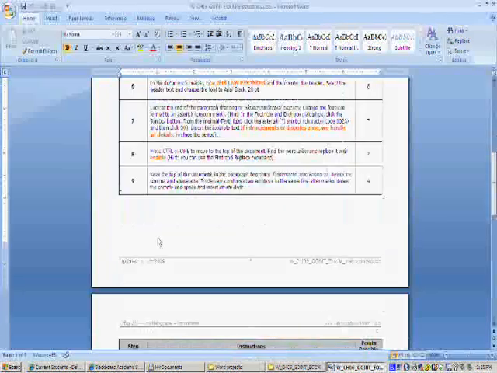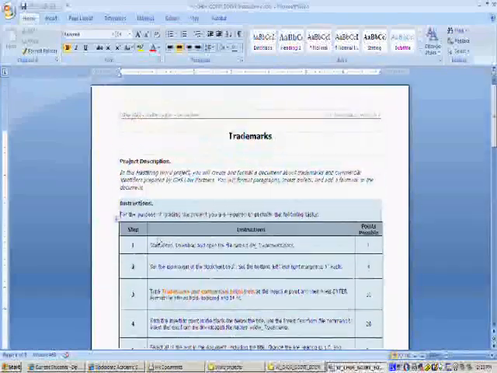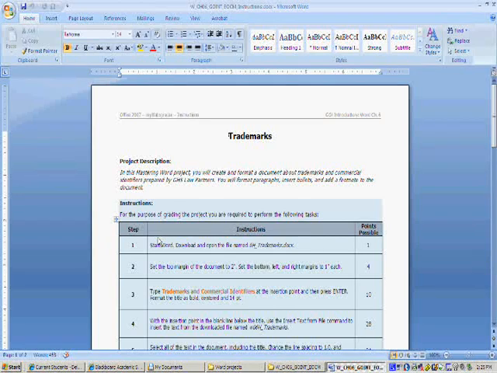For instance, I won't go through all of them, but I'll show you the first few. Step 1 says to start Word. Well, we've already started Word at this point, so I won't do that. But if Word is not started, if you're starting from scratch, you would start Word by double-clicking on the shortcut on the desktop, or go to the Start button, and then download and open the file named 6htrademarks.docx. Well, you know that that file is in the folder that we just created because we just downloaded it from Blackboard. So I'm going to go to the Open command